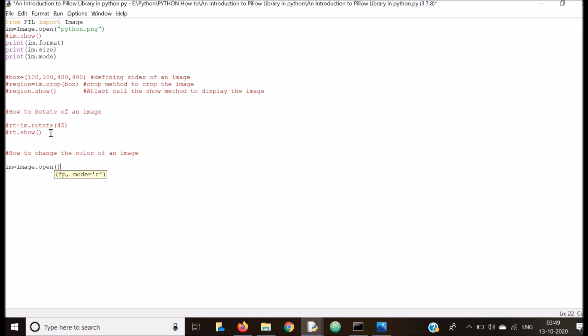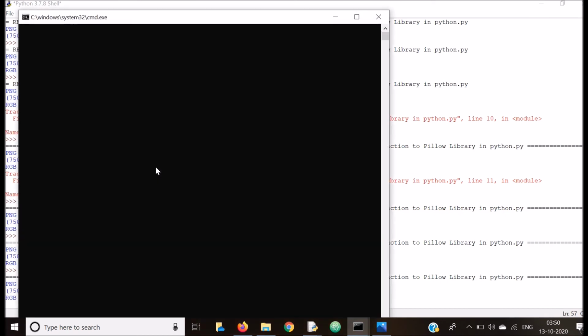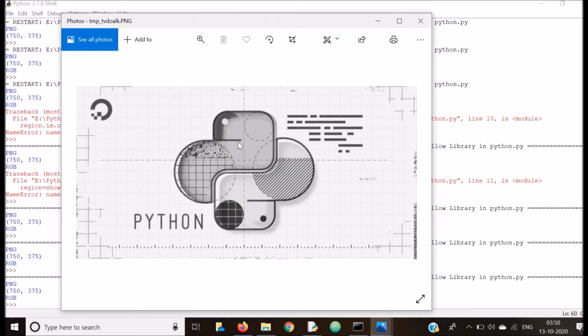Image.open, I have written everything. Dot convert. See, the image color gets changed into black and white.